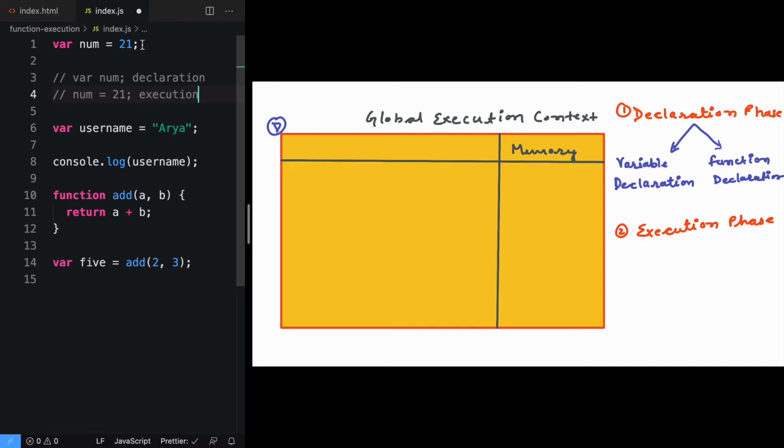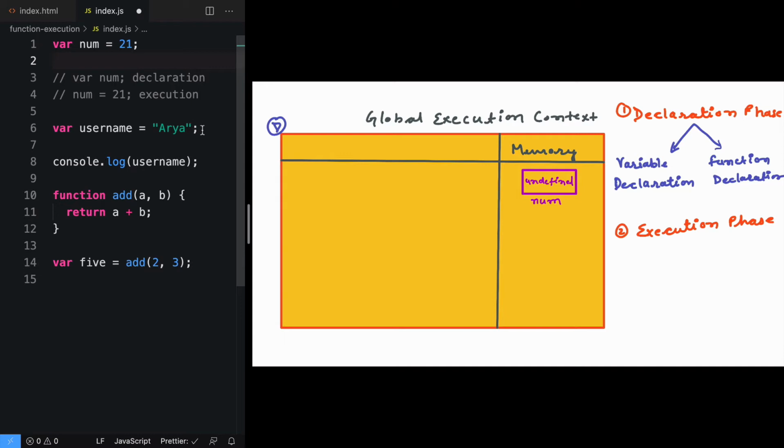So let's go ahead and try to understand how the JavaScript engine is going to implement this code. Let's start with line number 1, and we can see on line number 1 there is a variable declaration named num. So what we will do is create a box named num, and the value inside this box is 21. But because we are in declaration mode right now, we will not look inside the value, and the JavaScript engine will initialize this variable with a value of undefined.